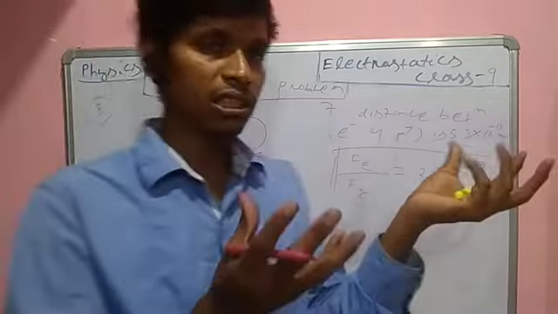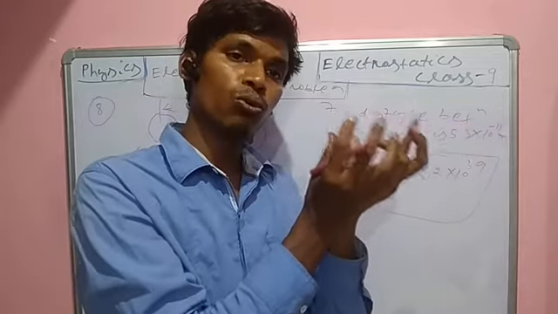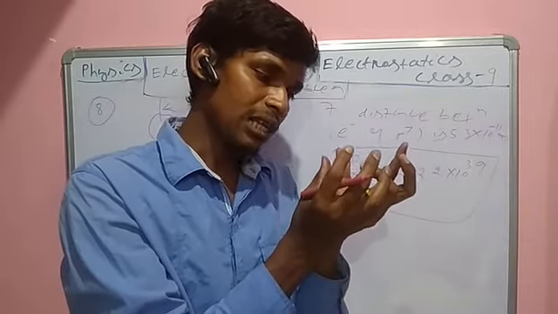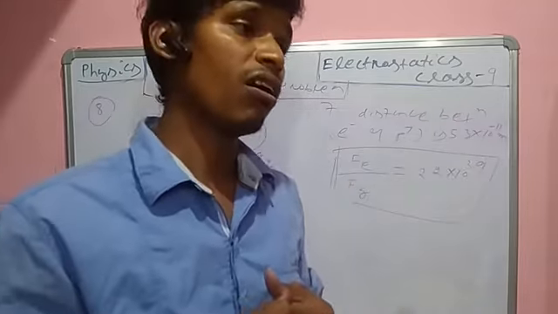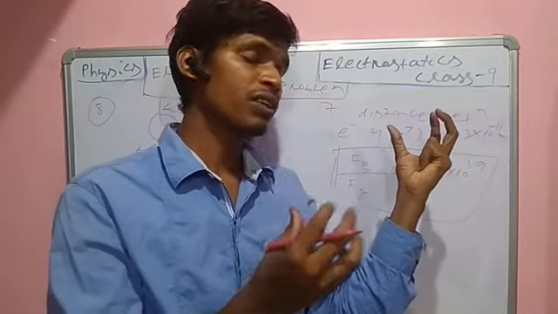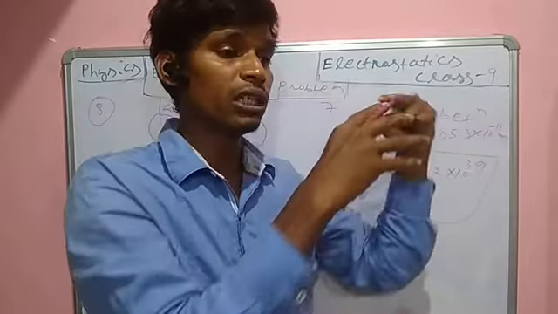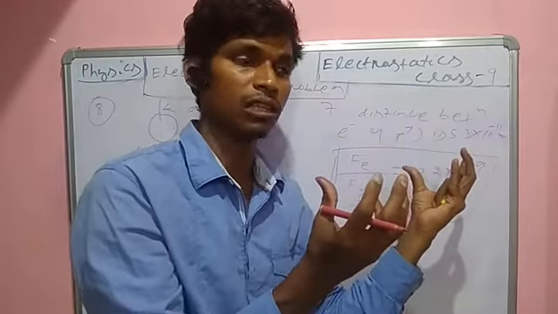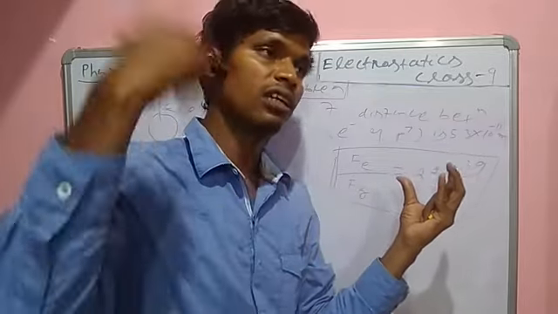Suppose one body is here, another body is here. It is 5 coulomb, it is 2 coulomb. Whenever two bodies contact, the total charge is 5 plus 2, 7. Whenever separated, the charge is divided. Because when 5 coulomb and 2 coulomb charges contact, charge flows from the high amount to the low amount. Due to the high amount, potential is greater. Potential you will study in the potential class.